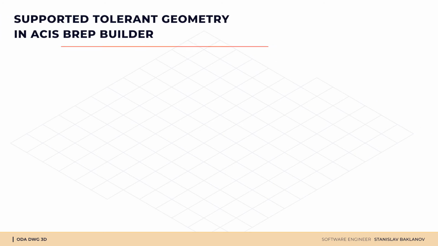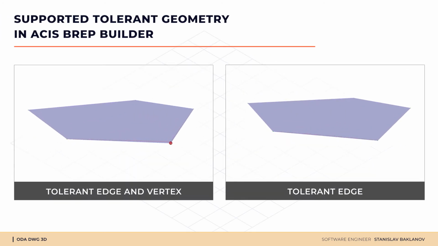ACES BREP Builder supports tolerant geometry now. What do we mean by tolerant geometry? Generally, BREP data has some precision, meaning that all edges are on their faces and no loops are closed within some tolerance. This is a well-defined geometry, and ACES BREP Builder won't have any problems constructing a valid ACES body